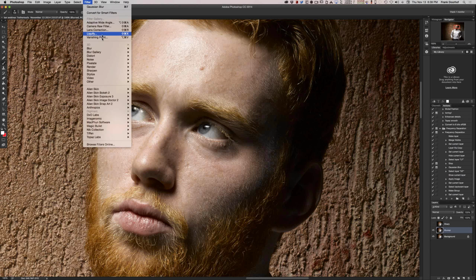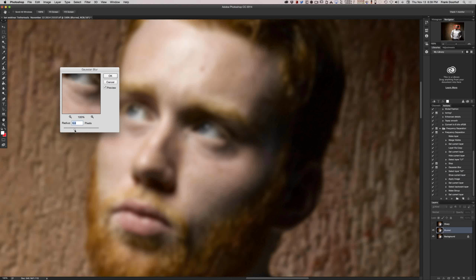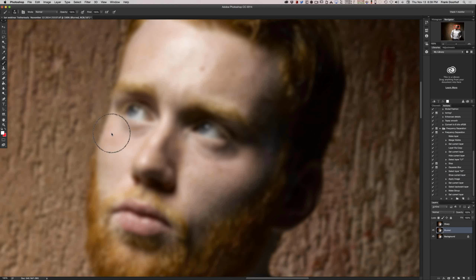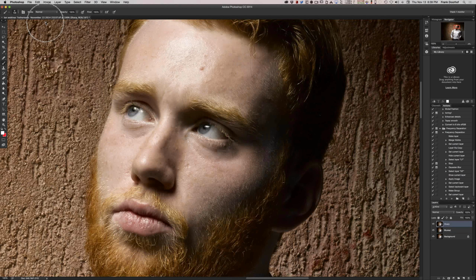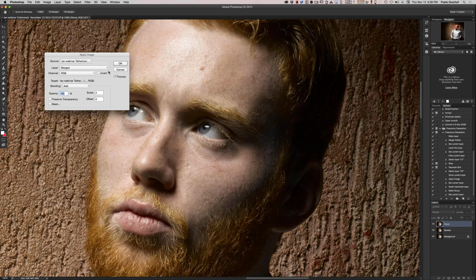So we go blur. I go into blur, and what I actually want is a blur that hides everything, but still keeps the structural face. So about, I think about here. Press OK. Now I have a blurred image, right? So now I go to the other one I call sharp. The fun part is if you go to sharp, you go image, and you go to apply image, and go into this. You go from your blurred RGB,